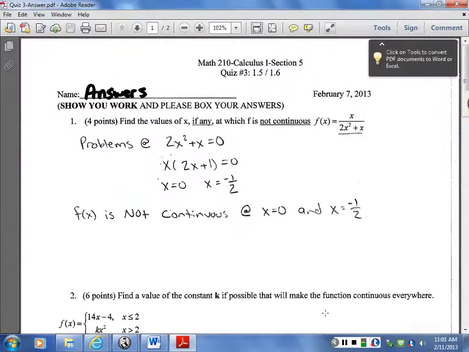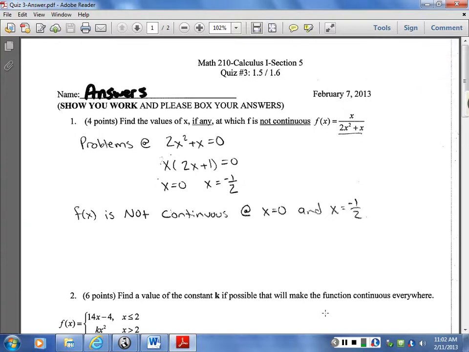Okay, so let's talk about the quiz for a minute. And just to give you a heads up, I did not grade this quiz. My grader graded it. So if you have a question on the points, let me know, and I can look at it again and see. On problem 1,